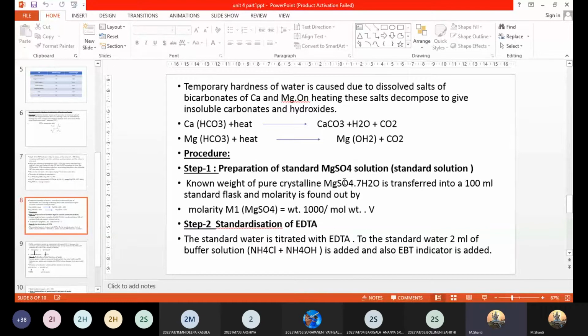And remember, your MgSO4 or CaCO3 would be termed as primary standards. I already told you the characteristics of a substance to be called a primary standard substance. Your EDTA is not a primary standard, and therefore it needs to be standardized. For the standardization of EDTA, you require the standard hard water. It can be either MgSO4 salt solution or calcium carbonate salt solution. Okay, so the procedure is something like this. I'll just share this video.